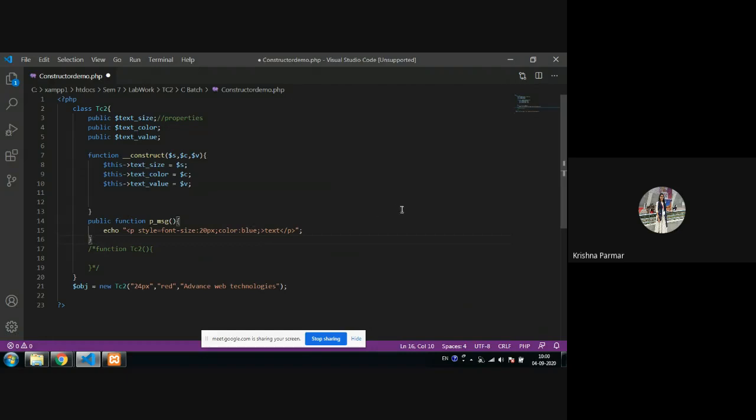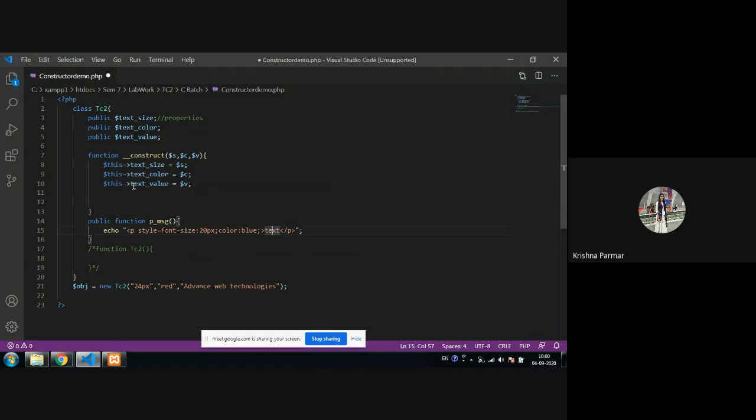I don't want static values. I want those values from the user. Whenever they create the object, at that time they will pass the values, and according to those values the output changes. So for 20 px, I store the size into the property text underscore size. For blue, I store the color value into text underscore color. And my original text is stored in the text underscore value property.